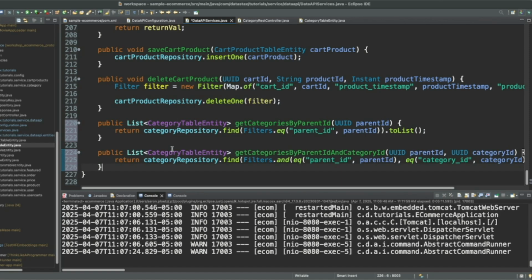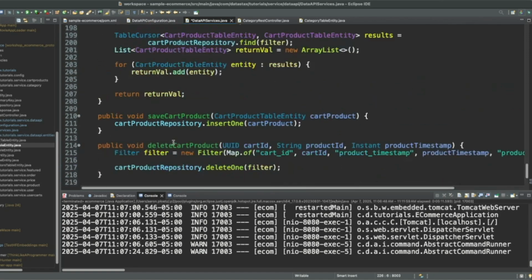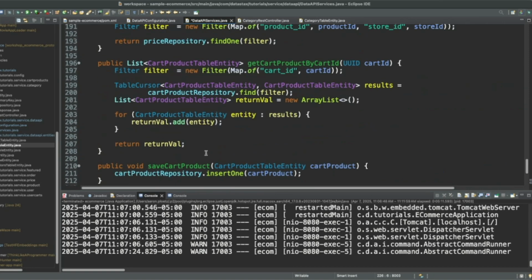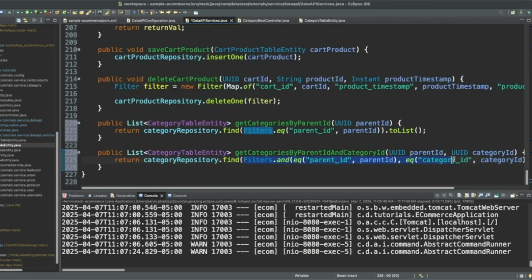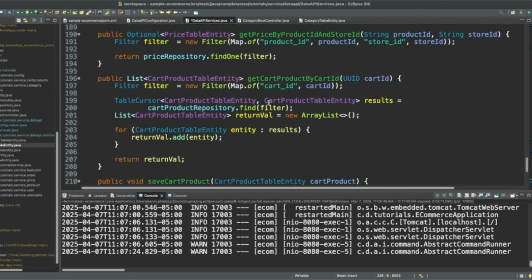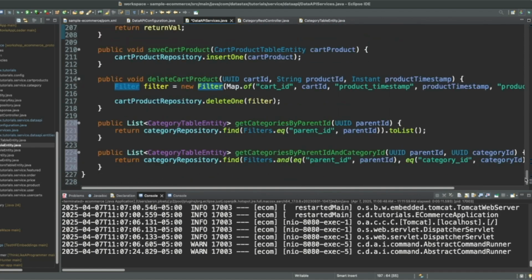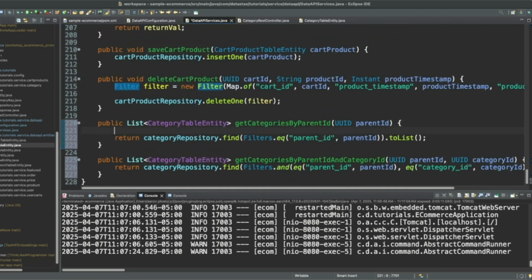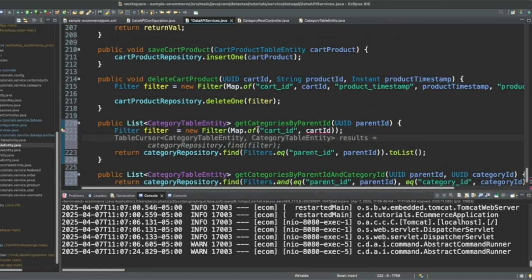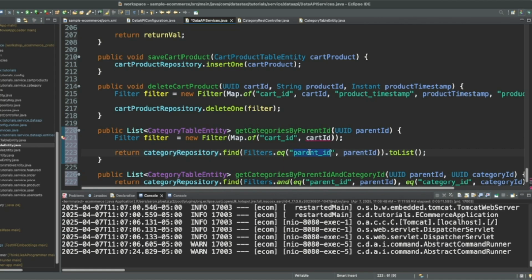Now, if you'll recall from one of our last sessions, we did have an issue with using the inline filters like this. That wasn't working so well. We are going to want to set up a filter object for both of these. So let's say filter, new filter, and we're going to call this parent ID, and then let's replace that.